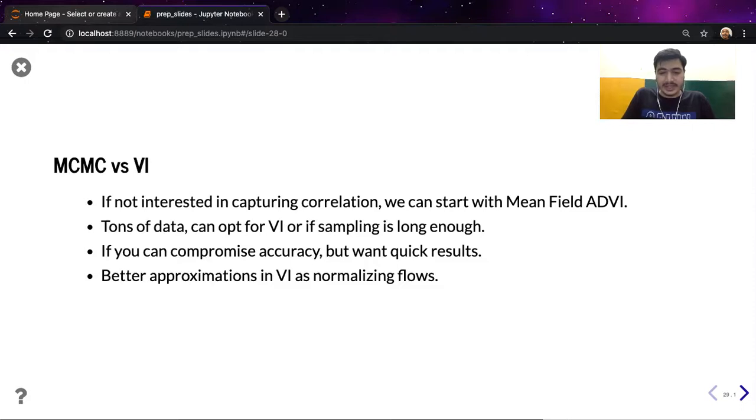A recent advance has been on posing better transformations over the approximating distribution, not over the transform block prop. So the transformations over the approximating distributions to better approximate the posterior, and those are called normalizing flows. There has been a great amount of research on this topic, and it will be quite good to explore as well.